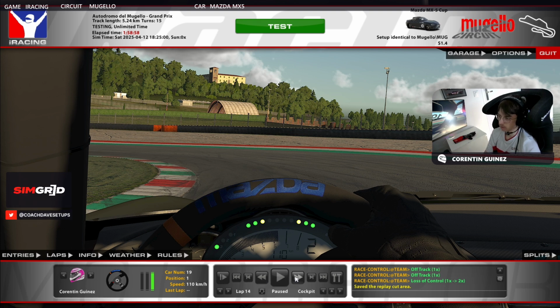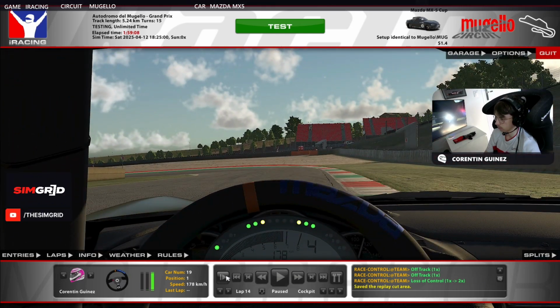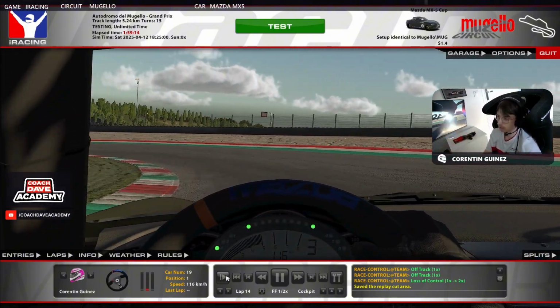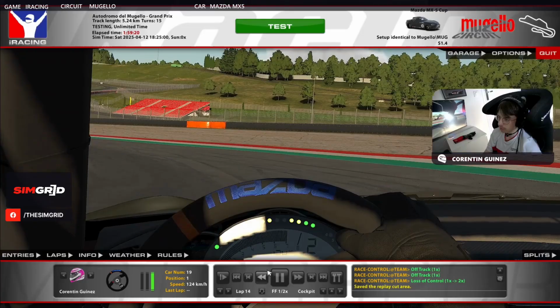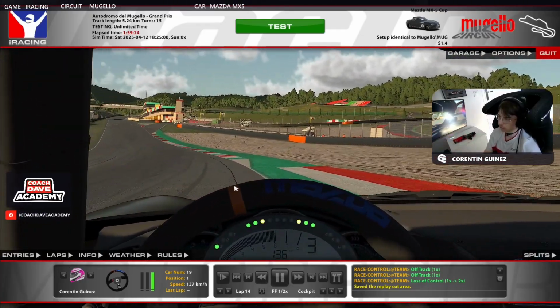So yeah, as you can see, it's not even a matter of slowing down the car, which is a bit more the case in turn one, but in this last corner, it's not the case. It's not for the braking. So yeah, as you can see, just aiming for the inside. I'm not trying to bring the car wide to then have a late apex. I'm just trying to stay all the way sort of tight, and then as you can see, I'm just trying to minimize the steering angle. I stay with second. I'm trying to reach the curbing